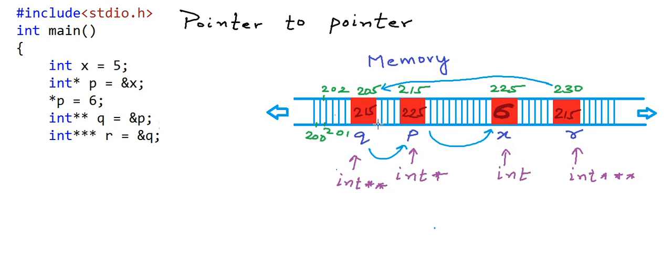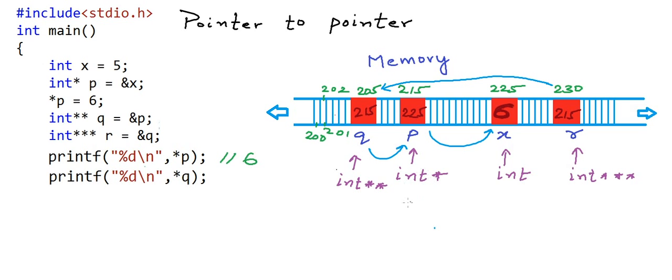So the first print statement that I'm going to write is I want to print asterisk p, and this one should be simple for you. Asterisk p would be the value stored at the address in p, so this will be 6. Now the next statement that I want to print is asterisk q. So asterisk q will be the value at the address stored in q. The address stored in variable q is 215, so this is nothing but the value of p, so this will be